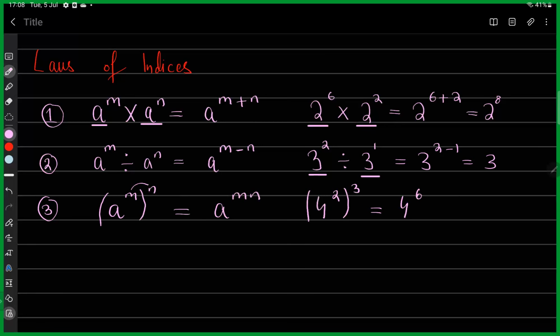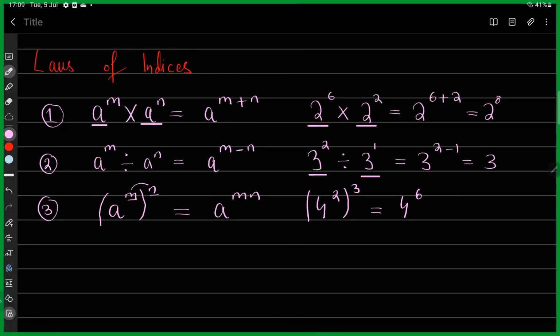So we have discussed 3 rules so far. For the first one, the bases are the same and the numbers are being multiplied, so the powers are added. For the second one, it's division, so the powers are subtracted. And for the third one, we have 2 powers and a bracket between them, so the powers would be